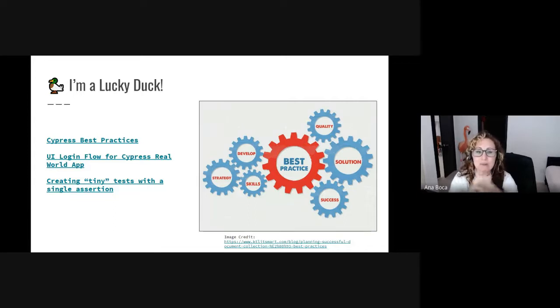As a side note, they were so professional. They made sure to look through my app and these slides for this very presentation before our meeting. I was blown away. Thank you. They are also so wonderful to talk with in general. They really are awesome at focusing on making the experience for us developers accessible. Adam pointed me to the UI login flow for the Cypress Real World app, and I'm going to open